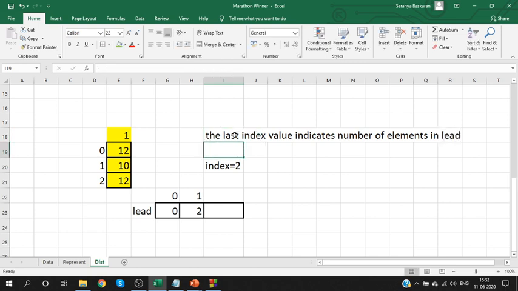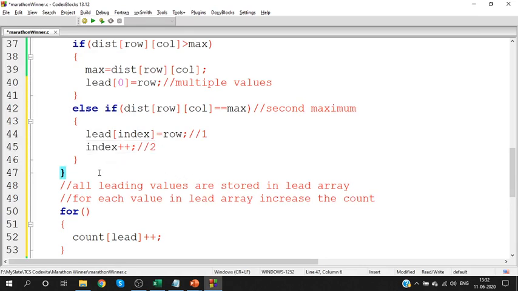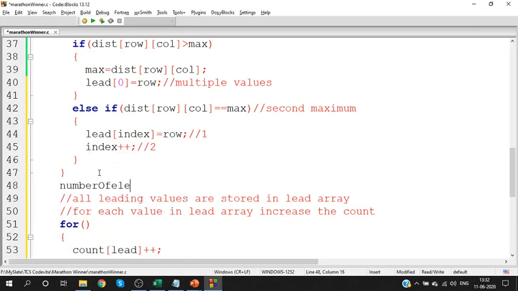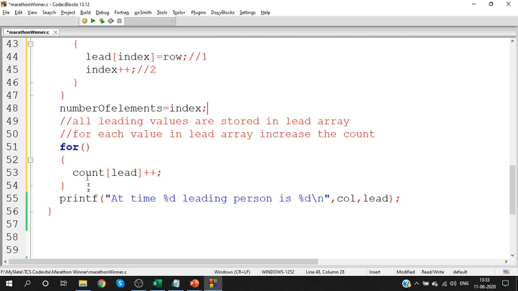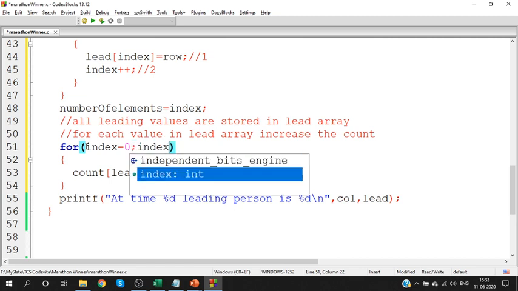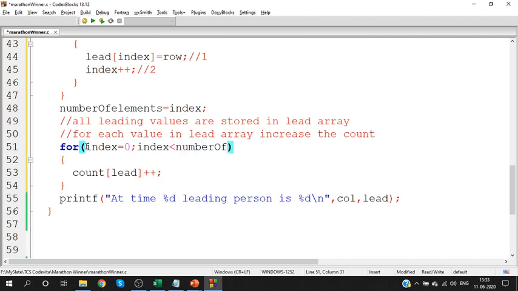Can you understand this? The last index value indicates the number of elements, because if I insert at first index, index changes as 2. If I add one more element here, index changes as 3. So index value indicates the number of elements. Can you all understand this? Yes. So the number of elements is indicated by the last index value. Okay. So now what should you do? Take all the values from the lead array. Starting from 0th index till the number of elements, index plus plus, take all the values.